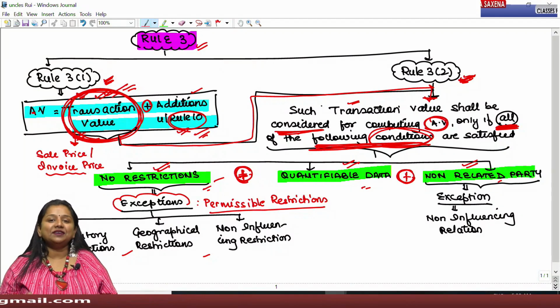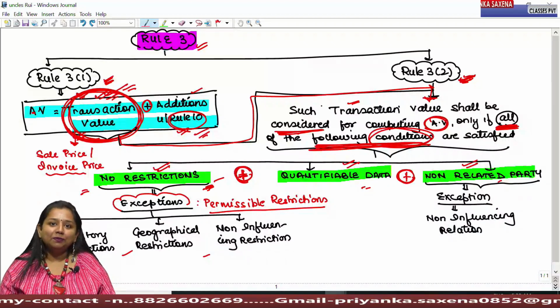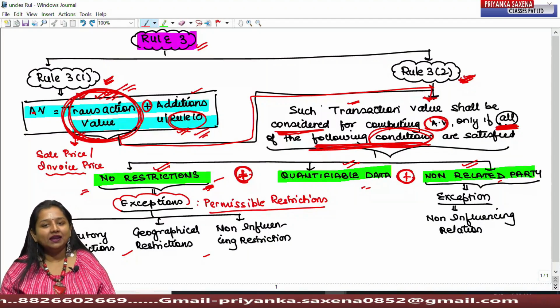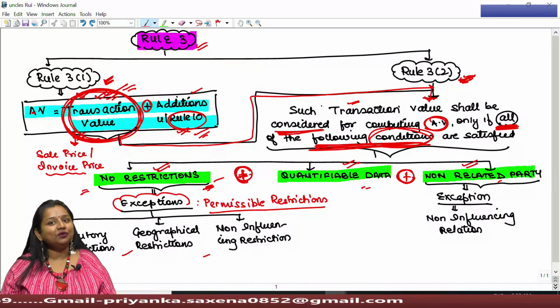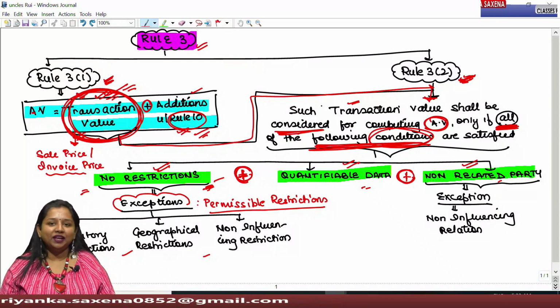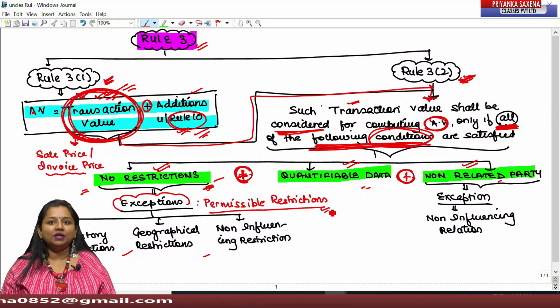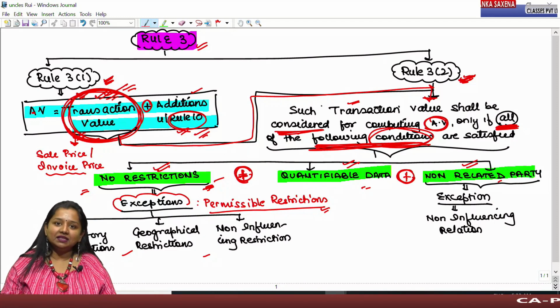Even if supplier imposes any restriction on the buyer, and it would amount to manipulation of price, then rule 3 can never be applied, because the transaction value herein has been manipulated, on the basis of which duty cannot be computed. And whenever rule 3 cannot be applied, then by proceeding sequentially, we have to compute such value under rule 4, 5 and so on. However, in case of permissible restrictions, we presume that the price has not been manipulated, due to which even after such restriction, the price declared in the invoice as transaction value can be considered for determining assessable value under rule 3.